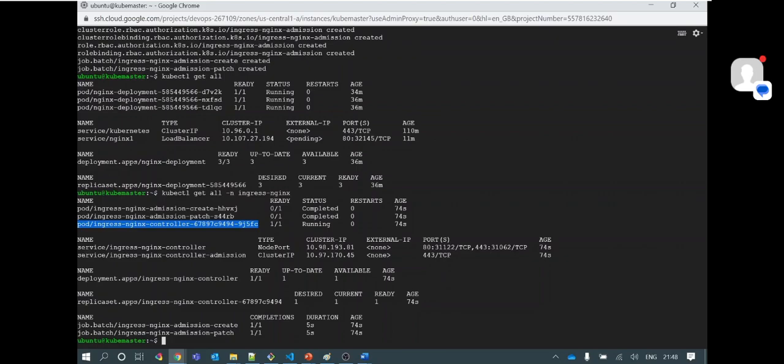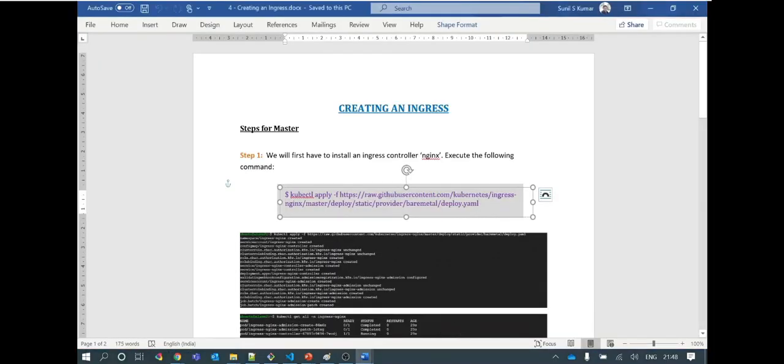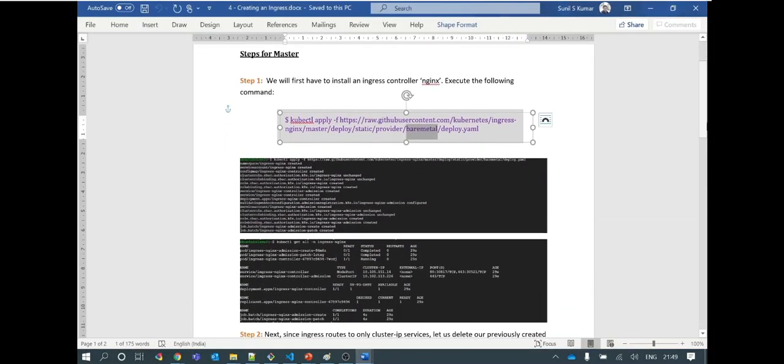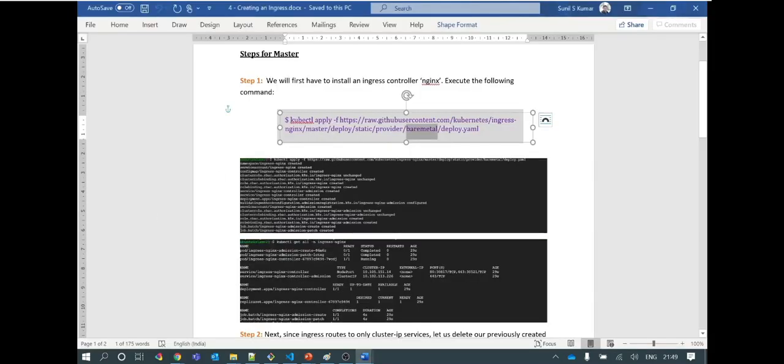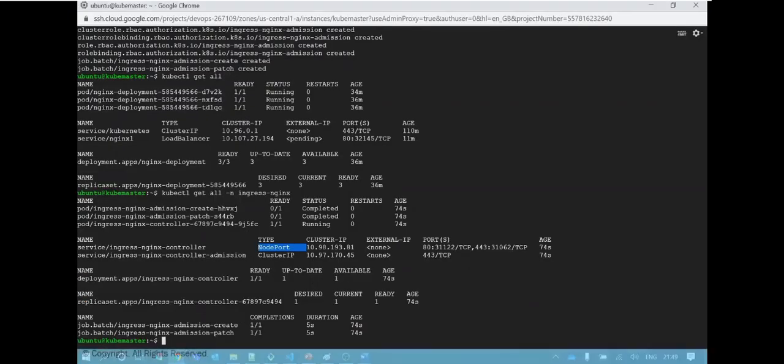So what next? It created two services also. One is NodePort and one is ClusterIP, right? This is a simple VM, so that's why it is not using a load balancer. It is using NodePort here, because I have deployed the bare metal type of ingress controller. If you go and check here, I have deployed the bare metal type, so it is creating a NodePort service on my locally hosted virtual machine. This makes sense, right? As per the discussion we did about services. So we see services deployed, the deployment is here, everything is deployed here.